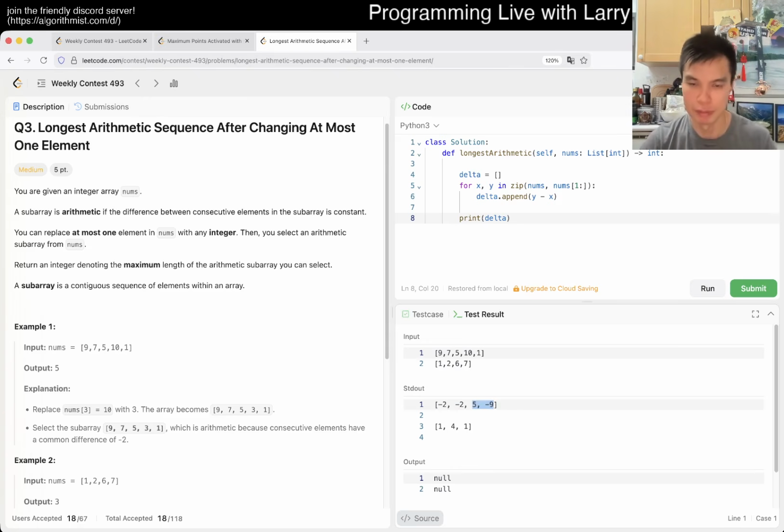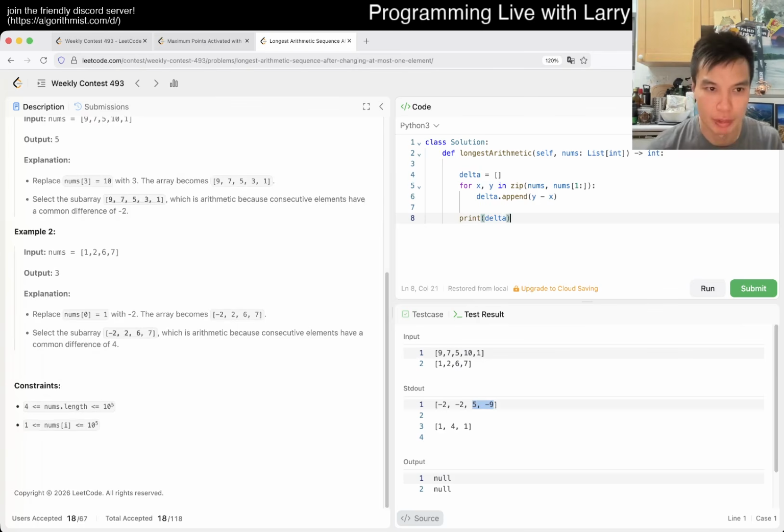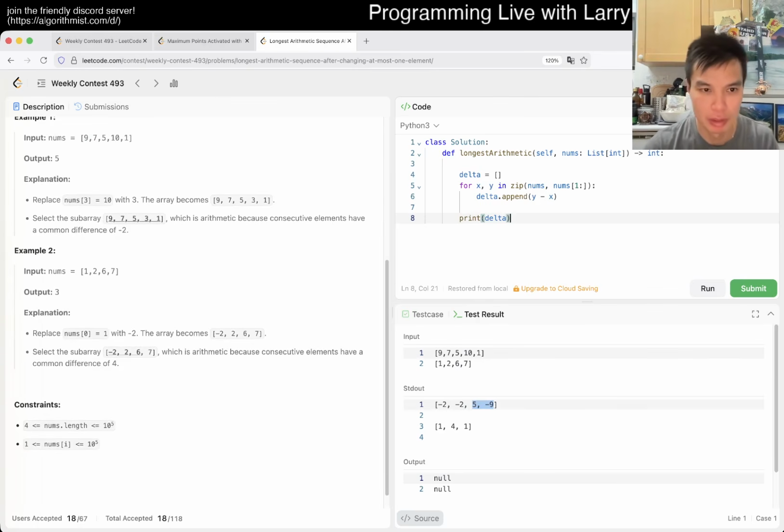If this is -4, then we can extend this. Do I want to solve it this way? Maybe. We removed the first one, so you change either the first number